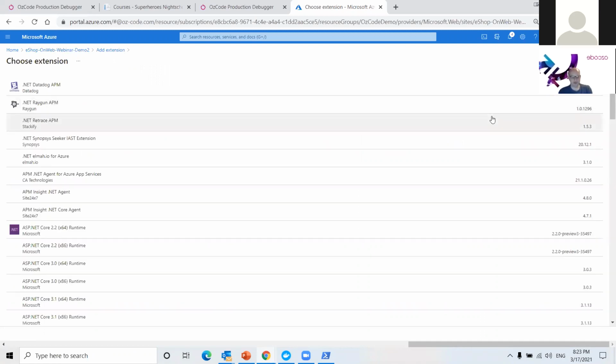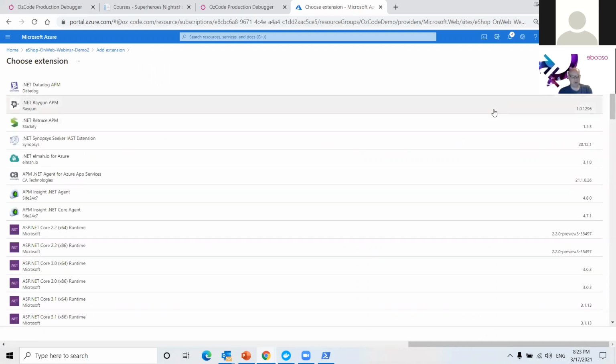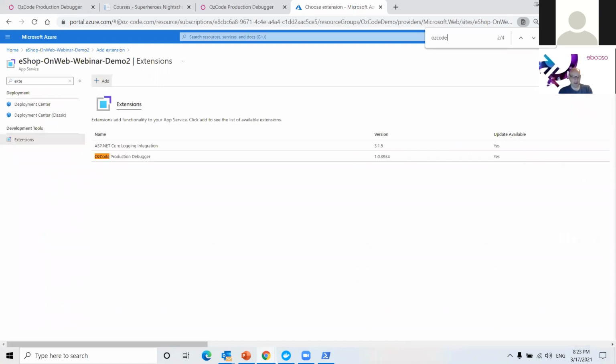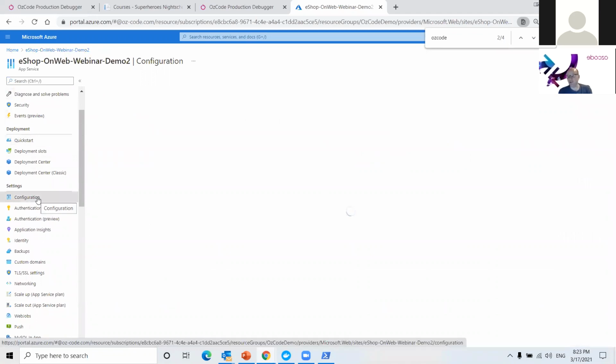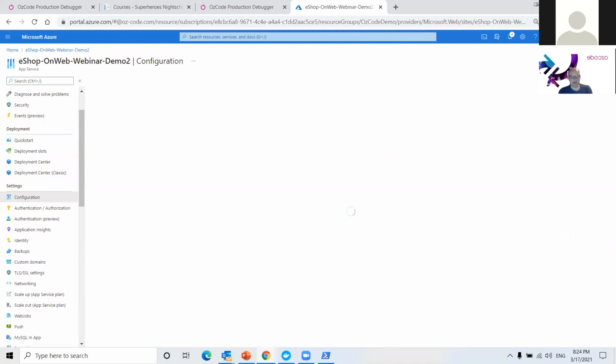If you're working in Azure using the platform as a service offering, it's as easy as going into this Azure Marketplace, finding the Oscode extension, and adding it right here. And then the next thing we need to do is give it the Oscode Production Debugger token for my particular application.